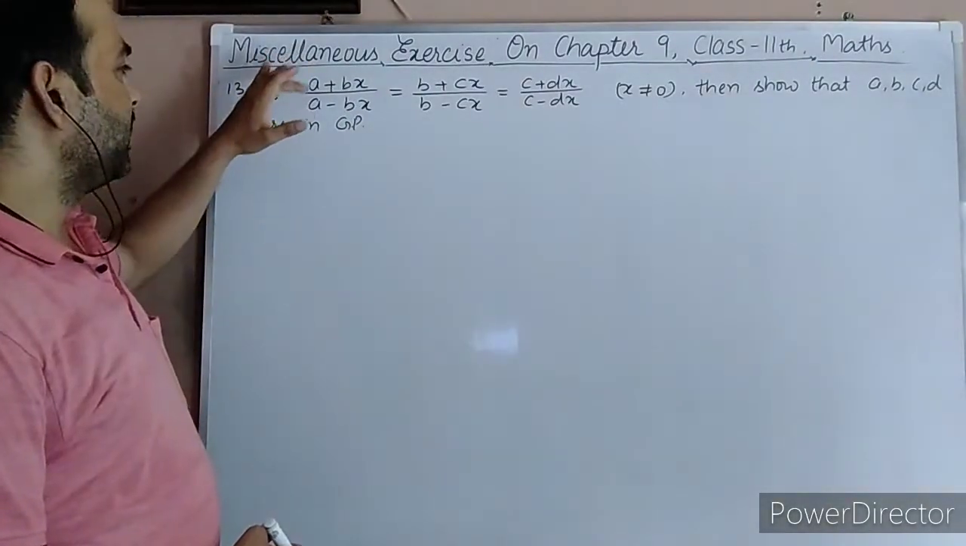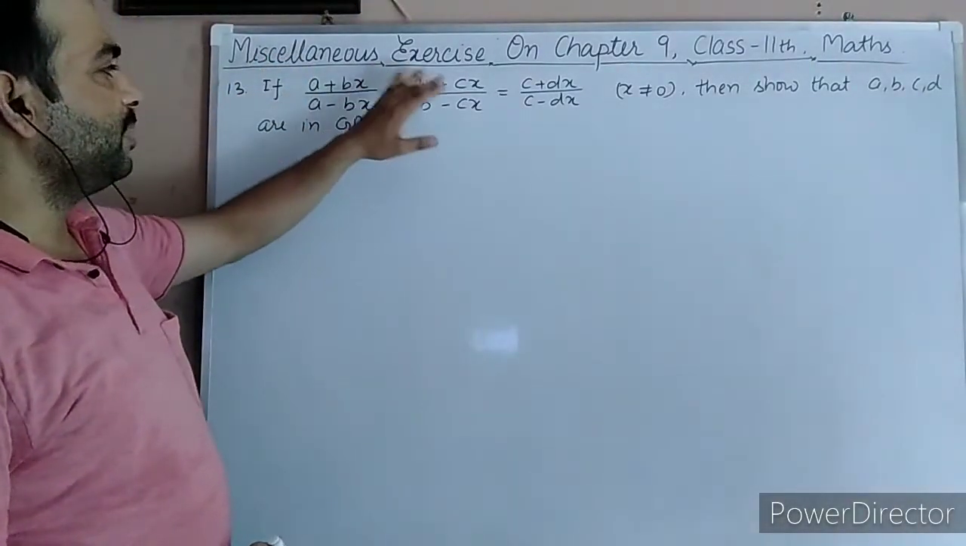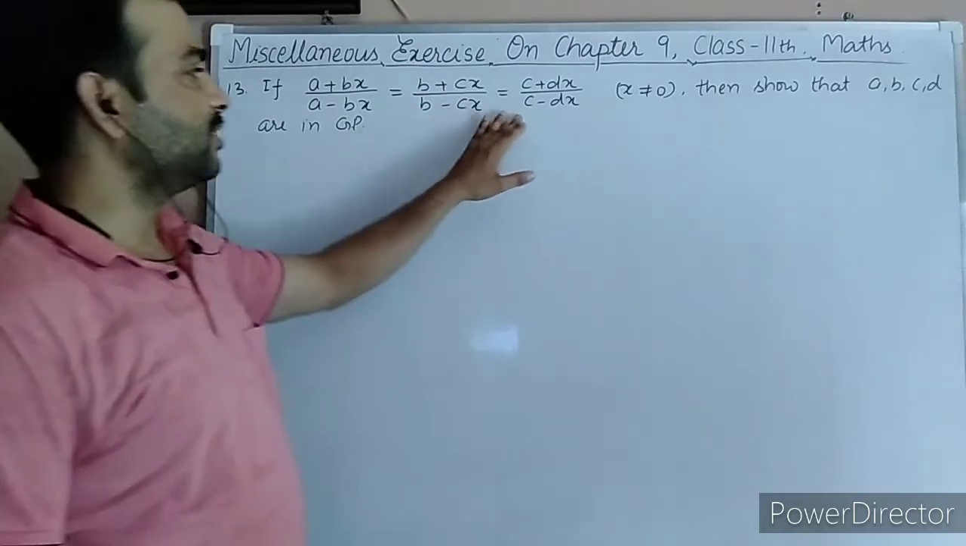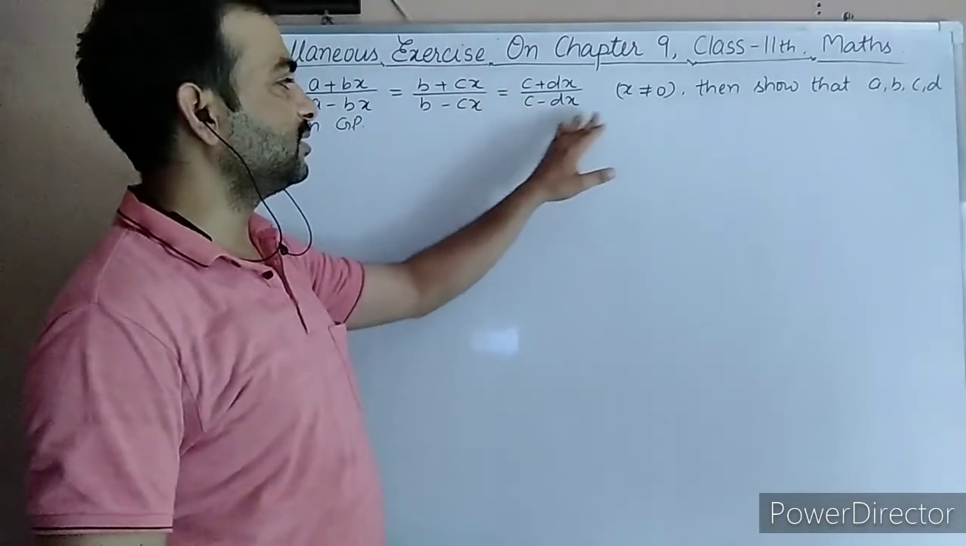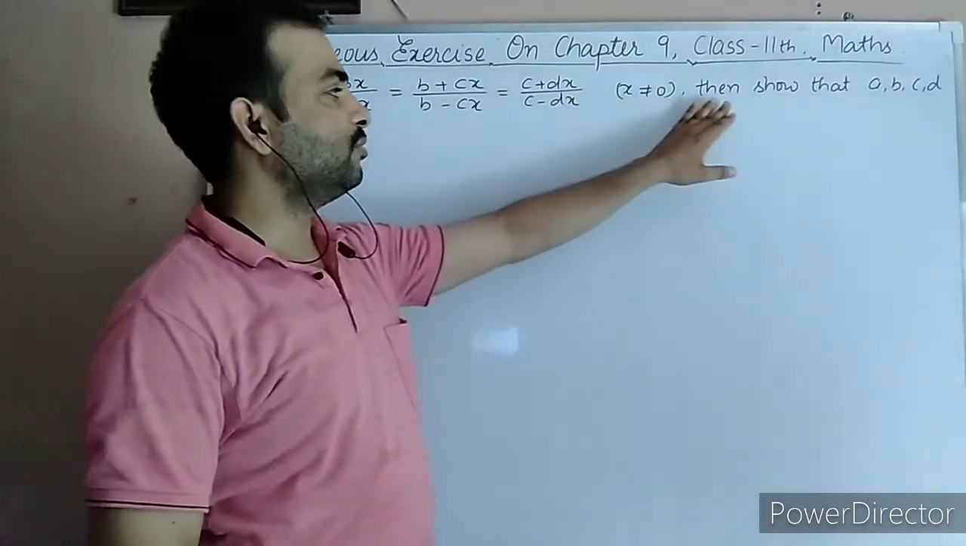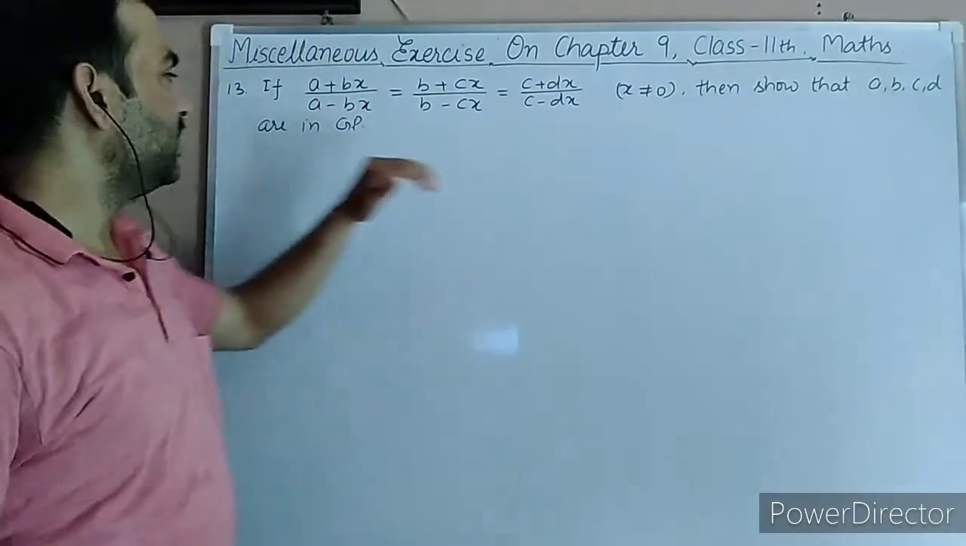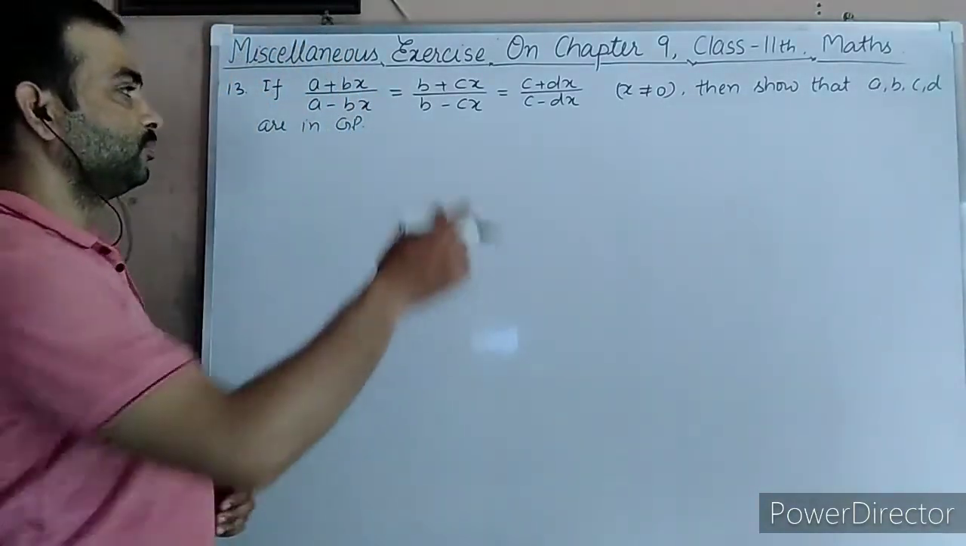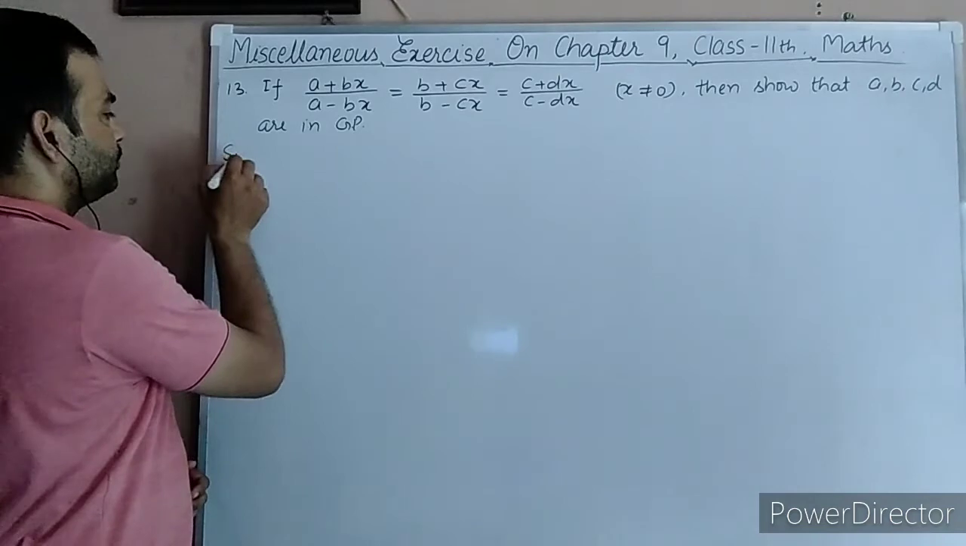If (a plus bx) by (a minus bx) equals (b plus cx) by (b minus cx) equals (c plus dx) by (c minus dx), x is not equal to 0, then show that a, b, c, d are in GP. So its solution,